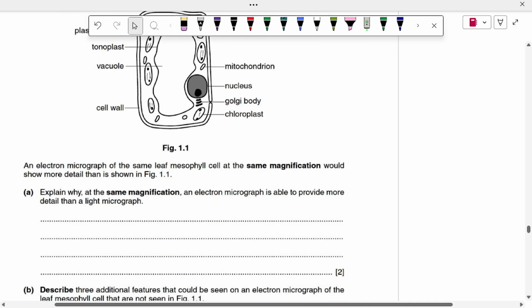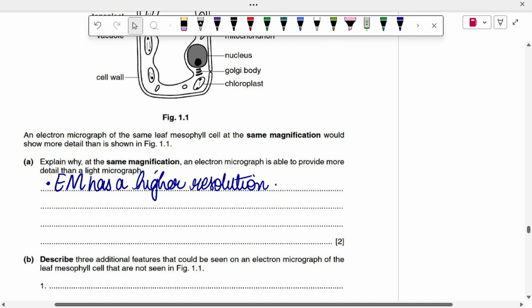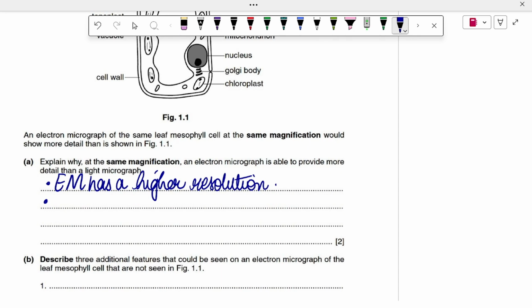Excellent. Why, at the same magnification, is an electron micrograph able to provide more detail than a light microscope? सेम मैग्निफिकेशन है दोनों में. अगर मैग्निफिकेशन सेम है तो फिर पॉइंटर आ जाता है आपकी रेजोल्यूशन का. तो you can say electron microscope has a higher resolution. सिंपली आपने ये बात अपने आंसर में लिख दी कि अगर मैग्निफिकेशन सेम है, एक और चीज़ डिटरमिन करती है the images produced by the microscope, that is resolution. तो अगर मैग्निफिकेशन सेम है तो ऑब्वियसली रेजोल्यूशन ही बेटर होगी. फिर आपने रेजोल्यूशन से लिंक करते हुए एक पॉइंट लिख दिया कि